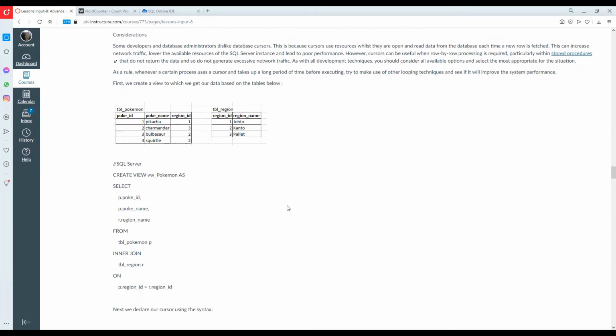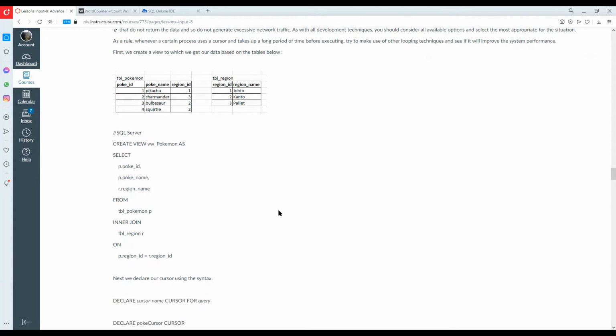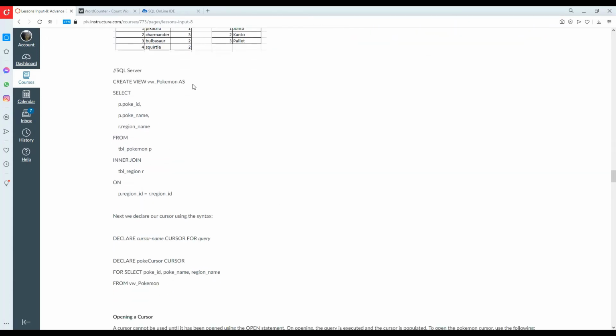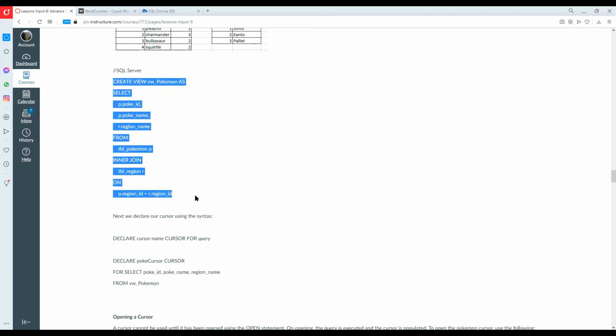For this example, we are going to make use of two tables, table Pokemon and table region, having this data. First, we create a view called view Pokemon, wherein we get the Poke ID, Poke name, and region name from table Pokemon and table region. Once we have created our view,